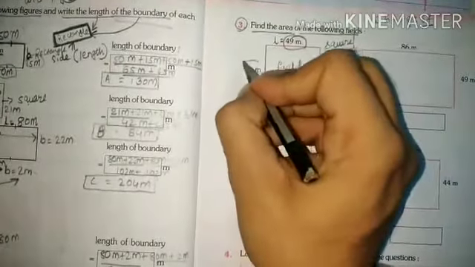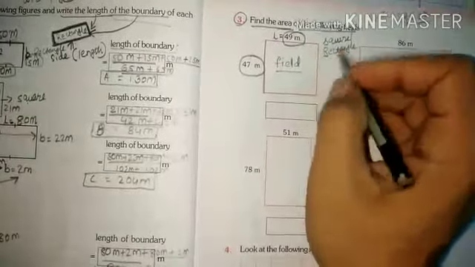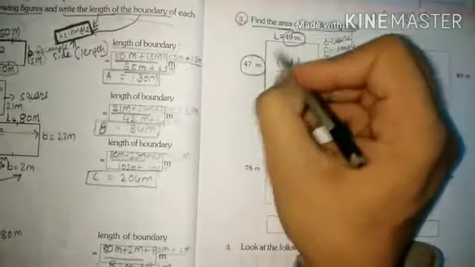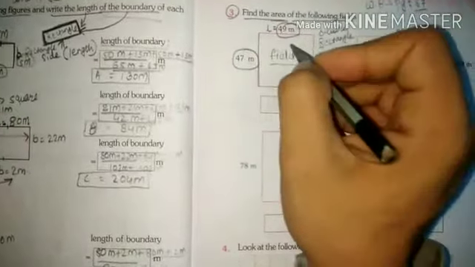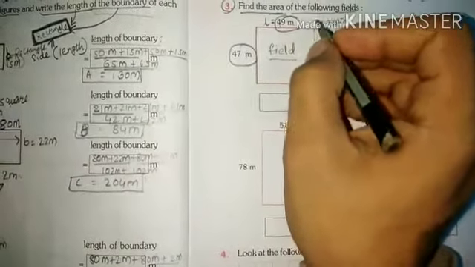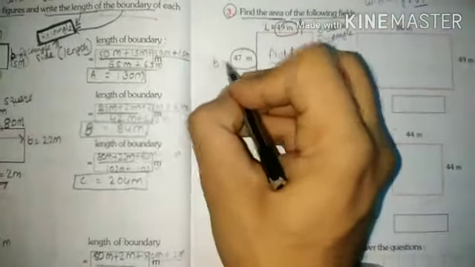So students, simply looking at the sides we cannot determine, but if we mark the measurement, अगर measurement को देखें तो हमें समझ में आ जाएगा कि is it a rectangle or a square. So here it is 49 and it is 47, both are different. So we can say that in a rectangle only the two sides are different. So we can call this as L and we can call this as breadth.